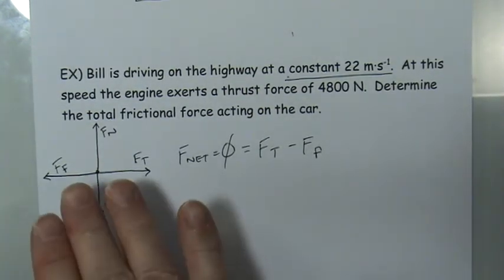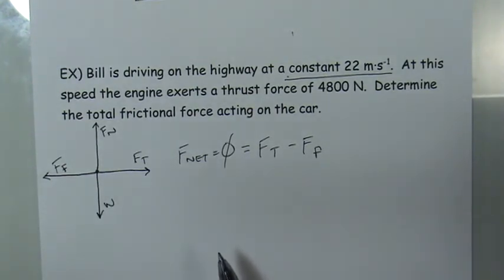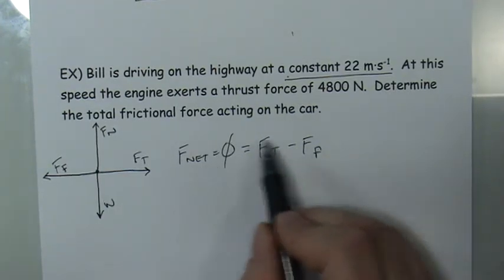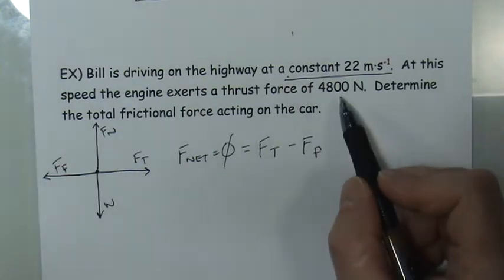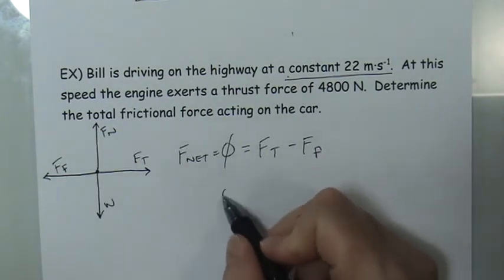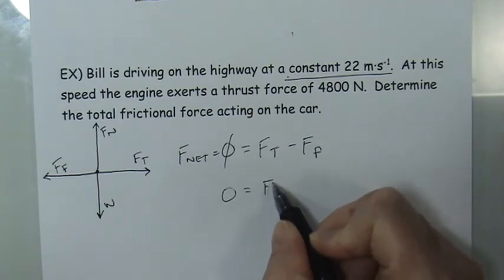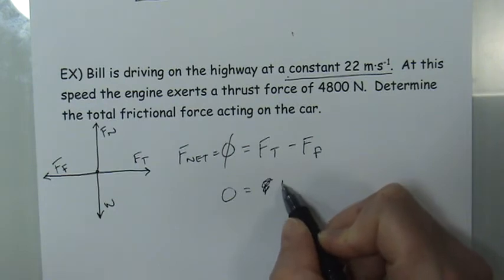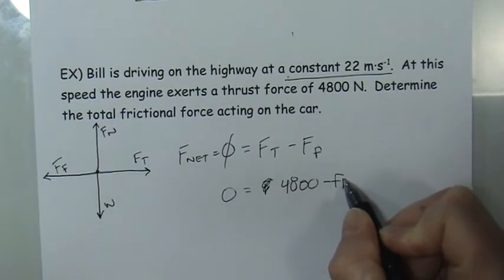And that's it horizontally. Again, only looking horizontally. There is no tension. There's no buoyant force. There's no lift force. There are no other forces acting on the car except for those four forces and these two forces acting horizontally. But I've already been told that the thrust force was 4,800. So I'm going to bring this line down and say that that is 4,800 minus F_f.